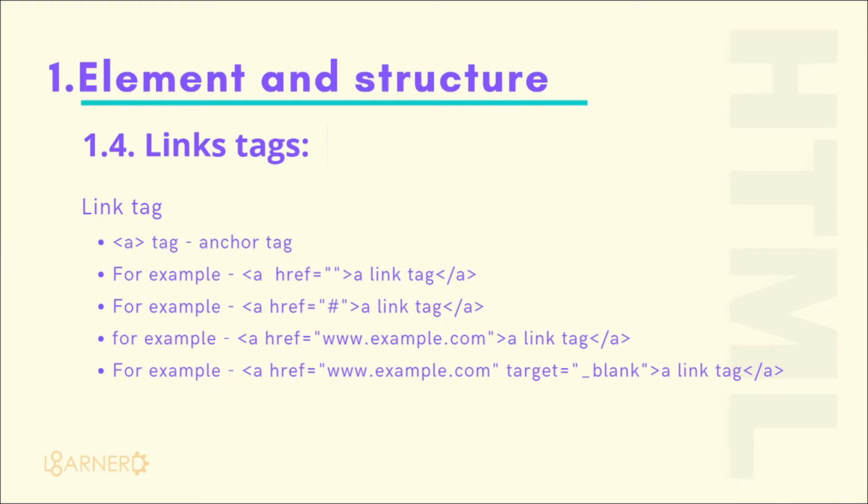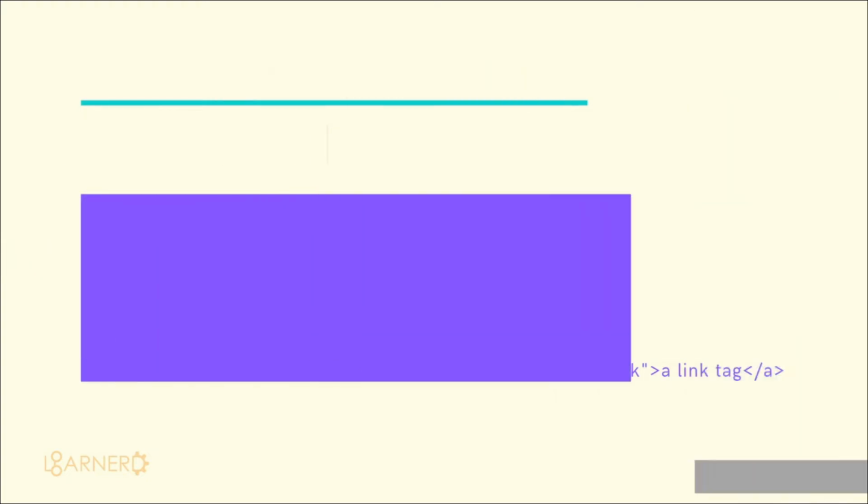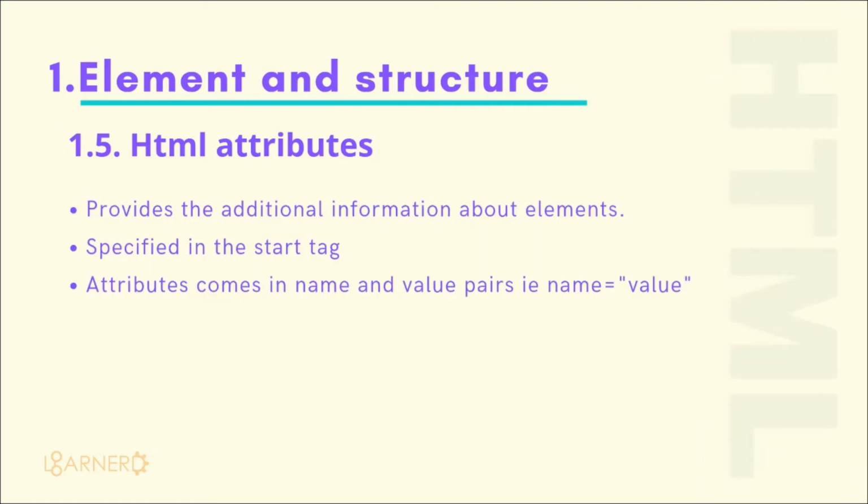So moving forward with the next topic, that is HTML attributes. As we have seen in the link tag that we have used attributes such as href and target. What they are doing is providing information to the particular tag element, which instructs the browsers to perform in such a way. So what are the attributes doing? They are providing information about the elements, giving additional information actually.